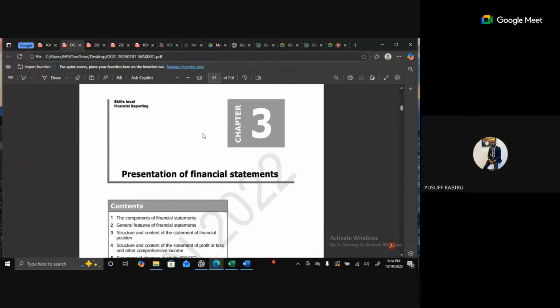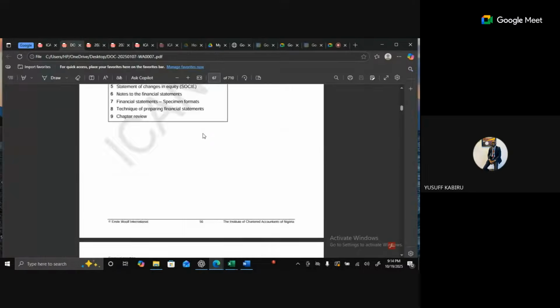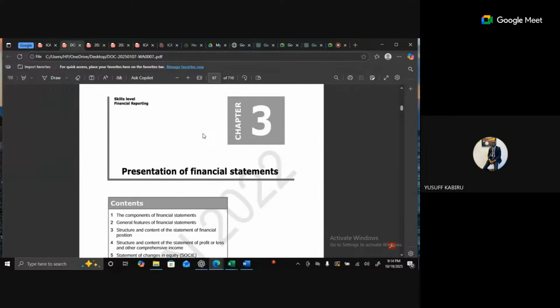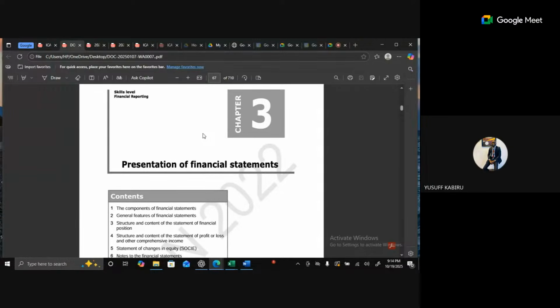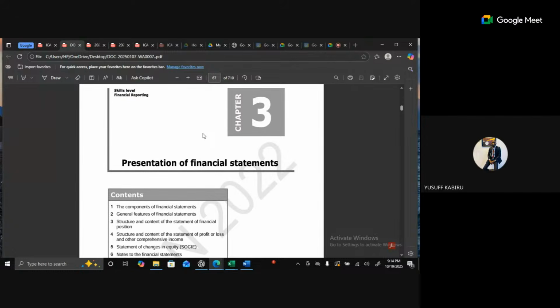So we'll just quickly go through this, although these are things I expect you guys to be familiar with, considering the fact that this is skills level. But regardless, I'll still walk us through it, so that when we dive into the calculation, you will be able to follow better. Now, I want to state this even before I dive into the main thing. When it comes to solving questions with regards to financial statement preparation, one thing is